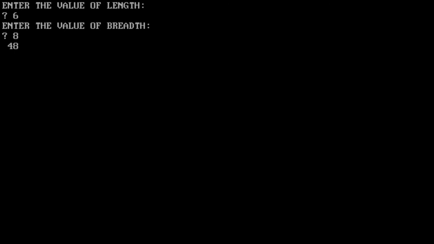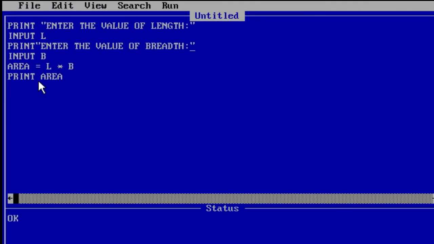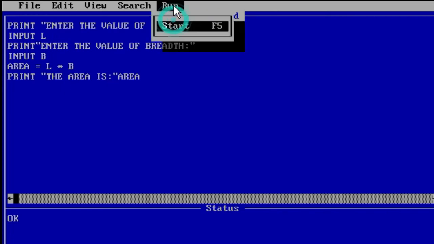Now for the result we can write, inside double inverted commas, the area is, and check the output.